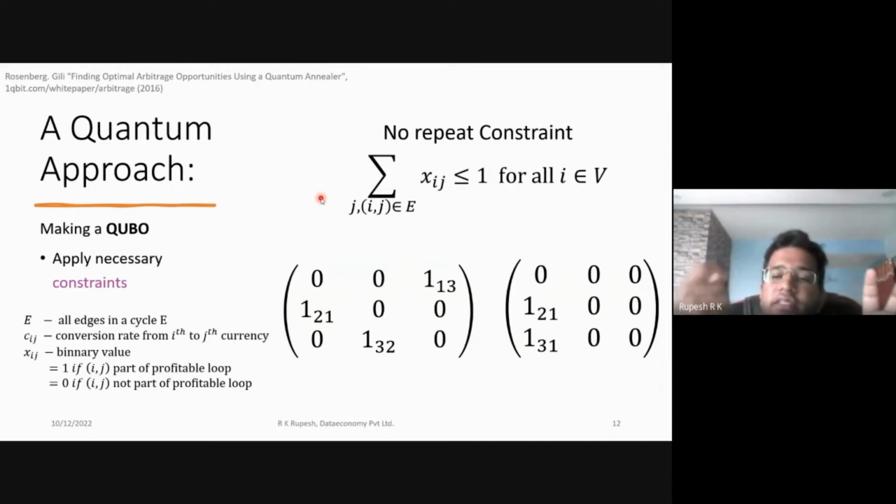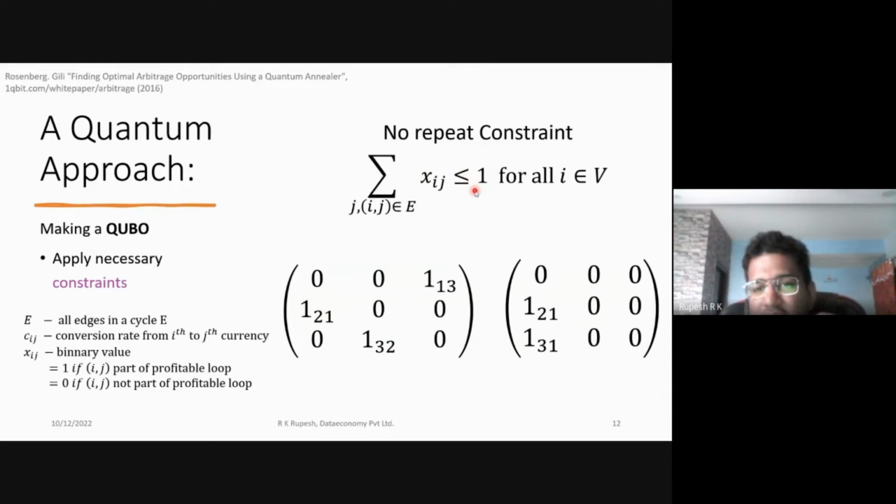If we allow for currencies to be repeated in our solution, then we could get a solution where the smaller profit loop is actually repeated 20, 30 times, making it look as though the smaller loop is actually the more profitable one. To avoid these kinds of silly solutions, we need to make sure that we are always focusing on the simplest cycle. These are called simple cycles within the language of graphs, where when you're drawing a cycle, you go through a single node only once and do not intersect your own path. And so this condition enforces that.